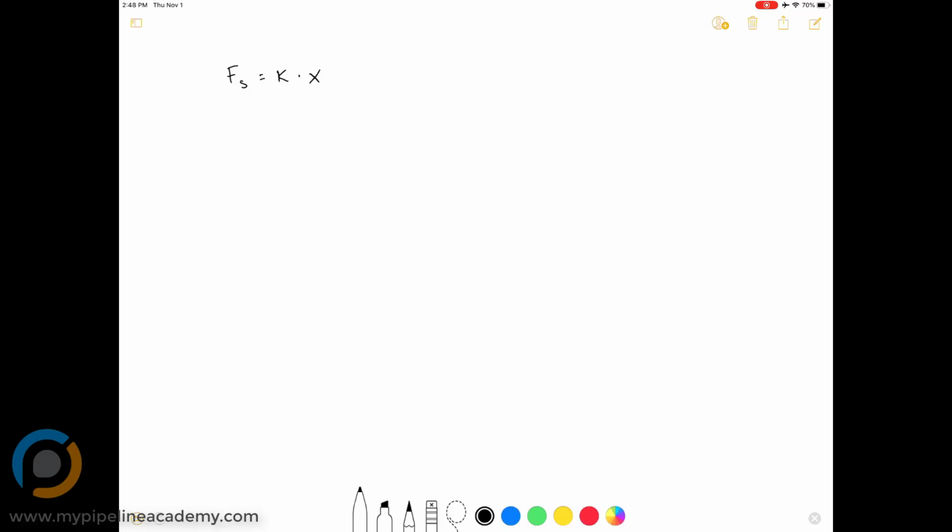So maybe you're compressing a spring, or maybe you're stretching a spring, but X is the amount of displacement that the spring sees. So let's say that we've got some kind of wall, a hard stop here, and we've got a compression spring right there, and we want to apply a force to that compression spring and reduce it to half its original length. Let's say its original length is 10 inches. That's kind of a long spring. Why don't we say its original length is 3 inches, and we want to compress it to